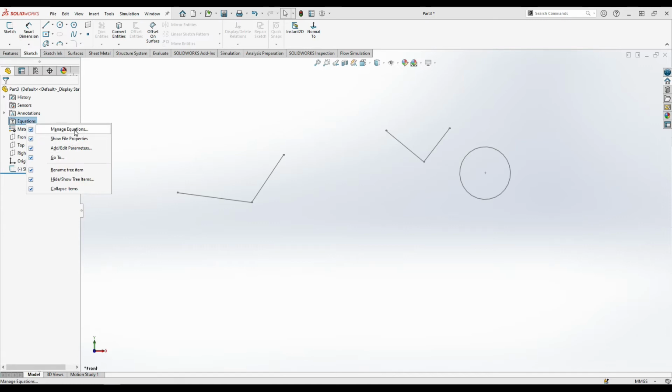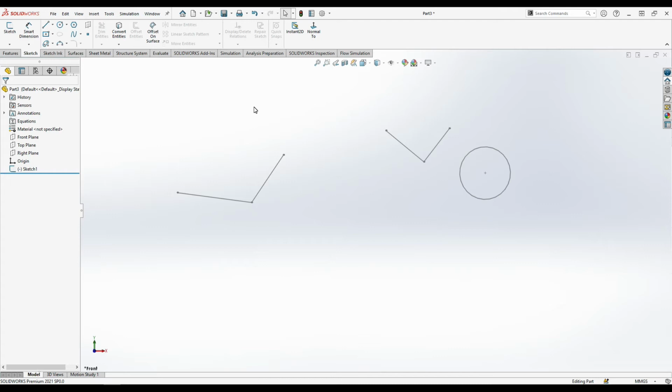manage equation, show file, add file. Once you untick all these things, okay, and now once you right click here, you can see only 3 options are there, right? And you can see the collapse items we have unticked, like manage equation, which we unticked. Okay, and that's why it was not showing once you right click. Okay, so it is the same as hide systems.